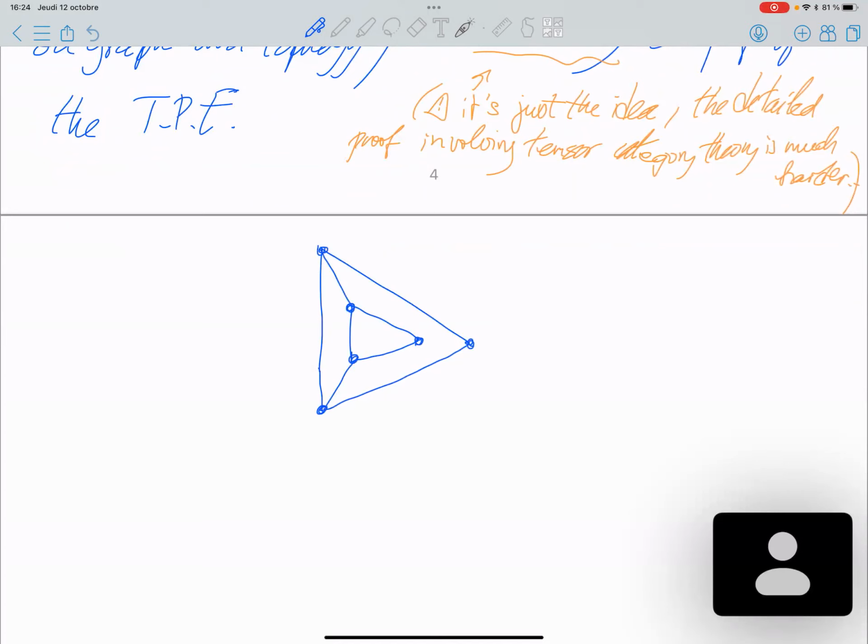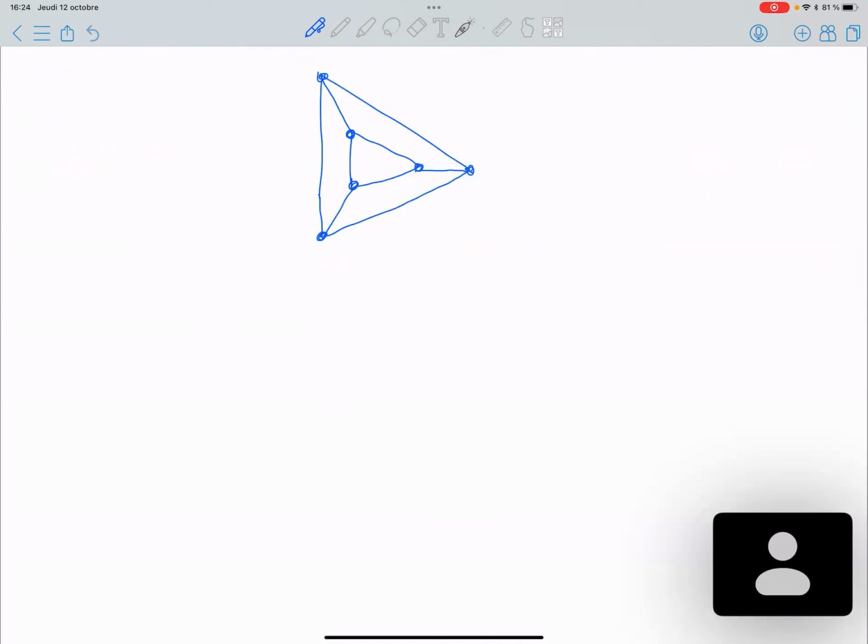Okay. And so the first way we will draw it. Let me check, maybe I should change the order. Yeah, I will put it on the left. So the first way